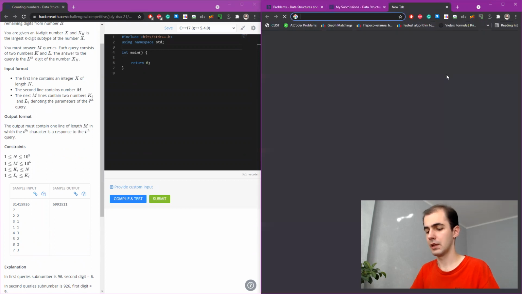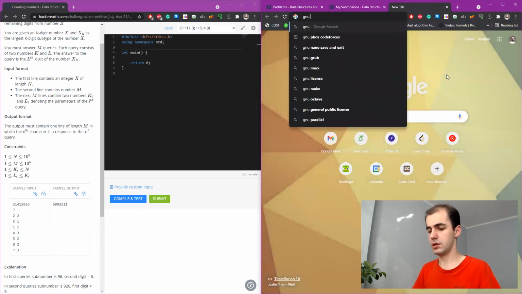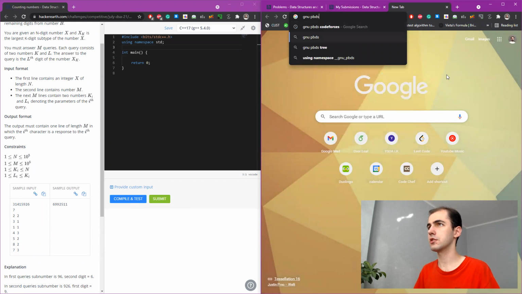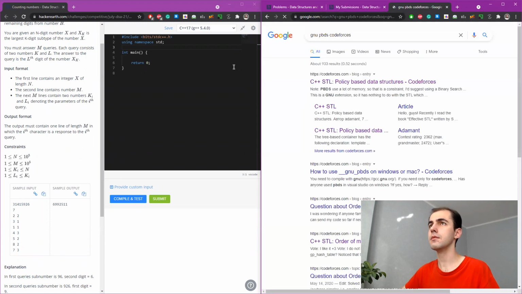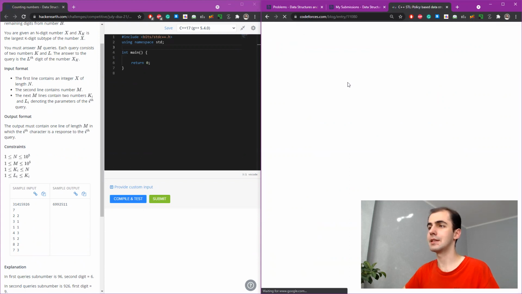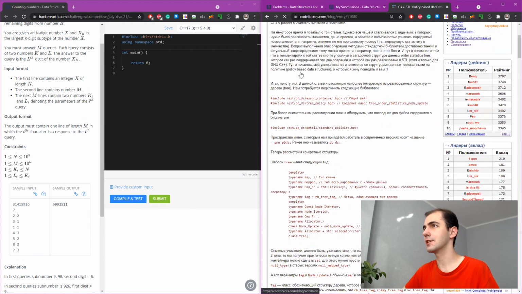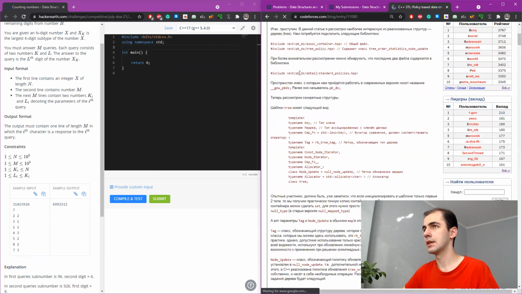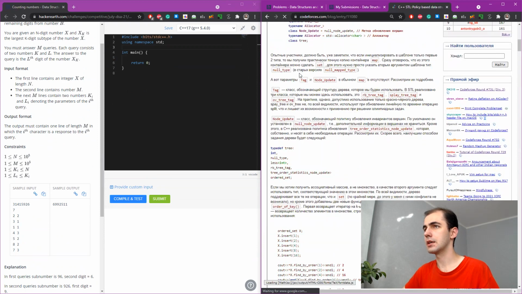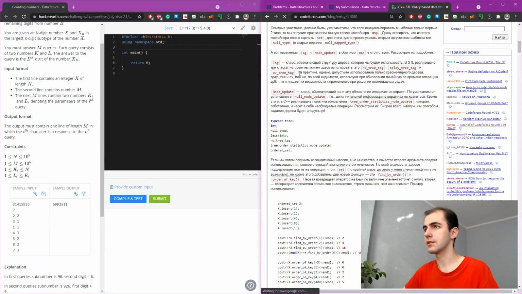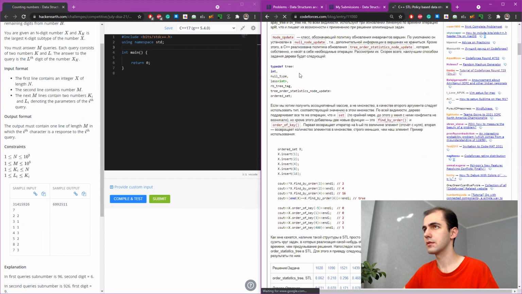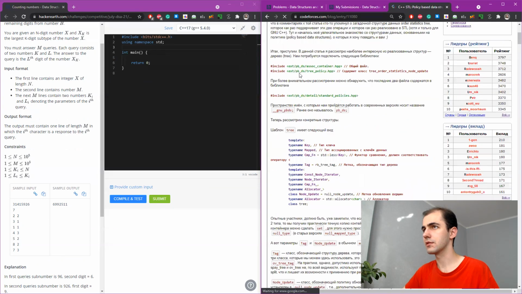Okay, I don't know. Policy-based data structures. Oh, I can't even copy paste the include line. That is just ridiculous. Where is the includes? Okay.